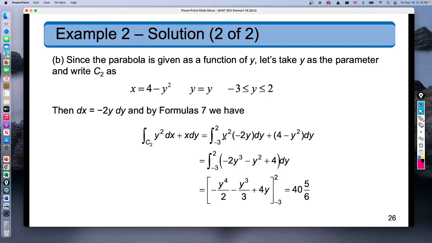So this is -2y to the third minus y squared plus 4. Integrate each piece, going from -3 to 2 gives us the answer 40 and 5/6. Now, usually we do not like to see mixed numbers because it looks like multiplication, so I don't know why they did that. Anyway,